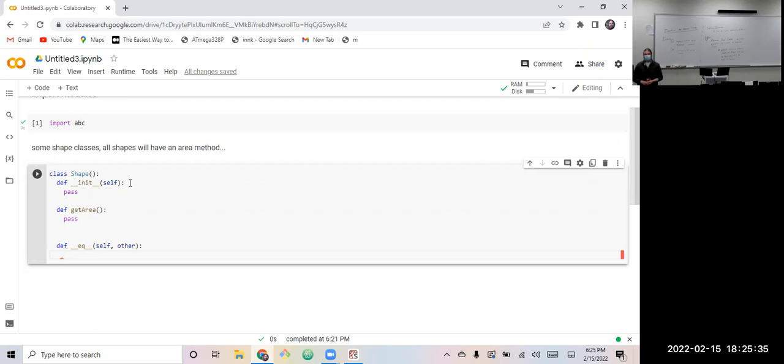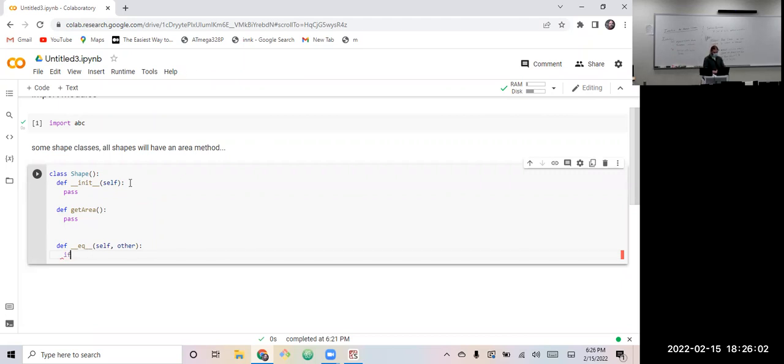A circle doesn't even have a side length. The side length of a circle is technically infinite. It has a radius, but a circle of radius 1 is very different than a square of side length 1. So we need something in common, but all shapes have an area if we're talking about 2D shapes. So that's a nice thing to check to define our equality on, right?